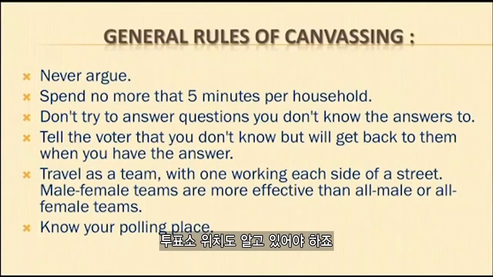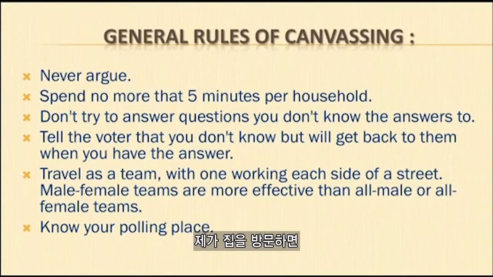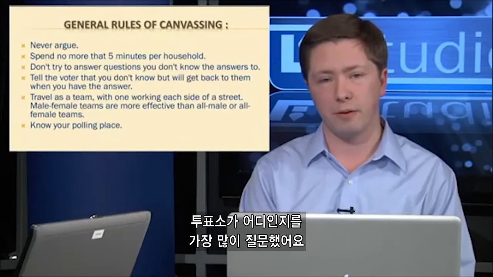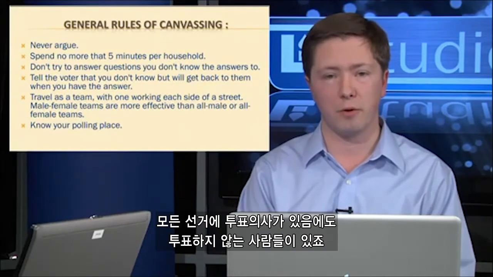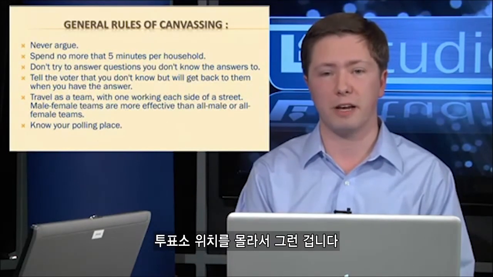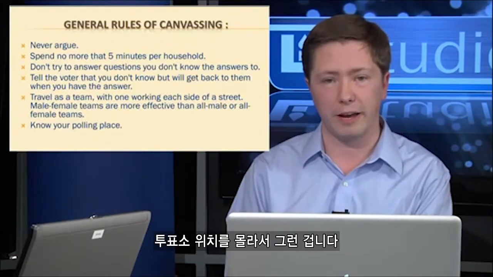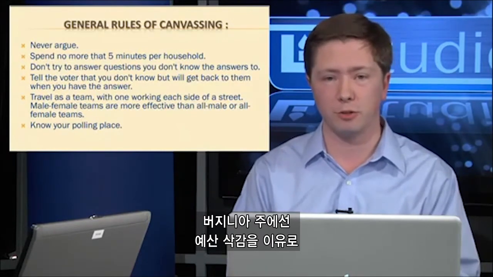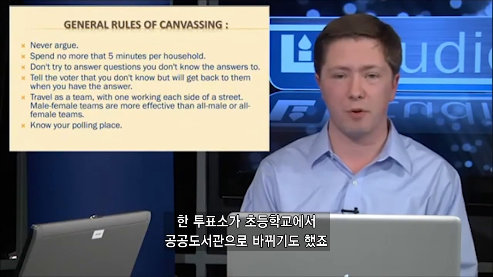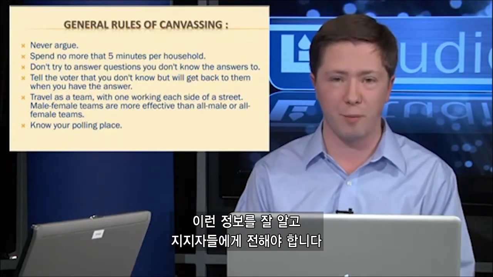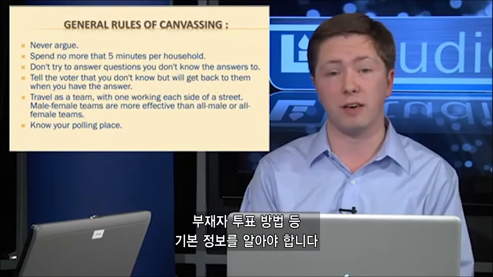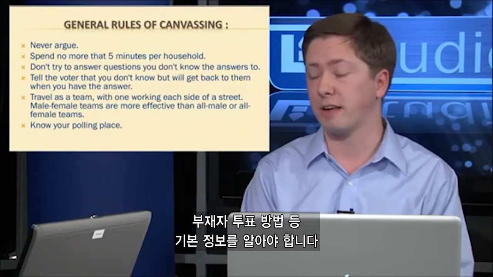And then finally, know your polling place. That's the question I hear most often, specifically about the mechanics of voting when going door to door. Well, I don't know where I vote. Between every election, most people who aren't voting every year, unless you live in Virginia or some other states, don't always remember where their polling location is. It may have been at Stewart's Creek Elementary School 2 years ago, but now it's at the public library this year because of budget cuts, and they had to cut the number of voting machines. So make sure you know that information. Make sure you know when the polls open and when they close, and make sure you have basic information about absentee balloting and other things like that as well.